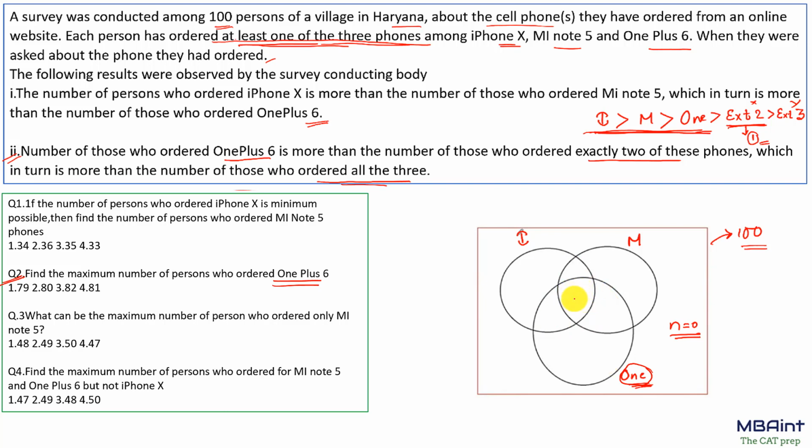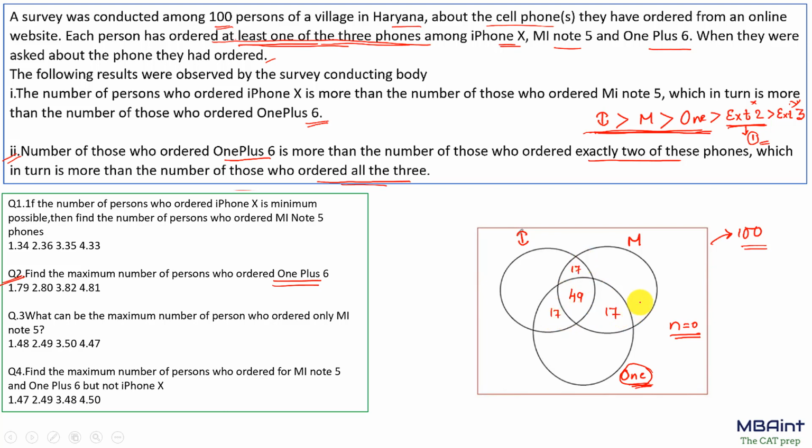So what could be the maximum value that we can put in exactly 3? Can you put 50? No, we cannot put 50 because the exactly 2 region would have to be greater than the exactly 3 region, and anything greater than 50 would definitely be 51, and that would exceed the value of 100. So the maximum value that I can put over here in the shared region is 49. Now in that case, I can put 17, 17 equally distributing it to all the subparts of the exactly 2 region.